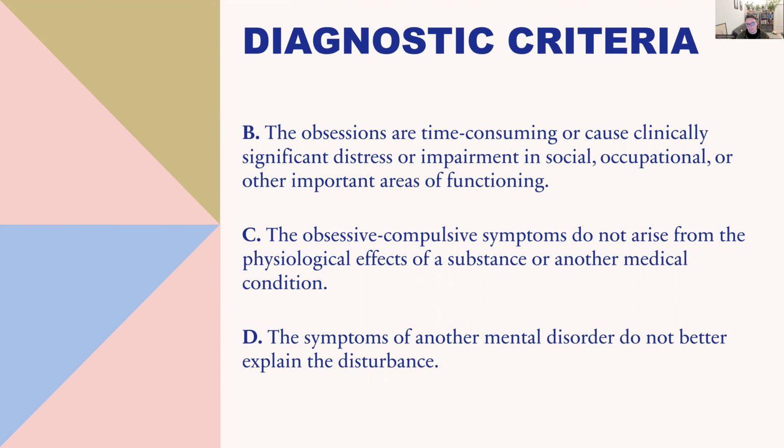And we know that, for example, when people have Parkinson's disease or Huntington's disease, they will often develop obsessive compulsive symptoms as well. And in that case, these symptoms are consequences of these neurological conditions, and they are not OCD in the sense of a psychological or psychiatric problem. And there's no better explanation for the symptoms, right? So that kind of is commonsensical, right?